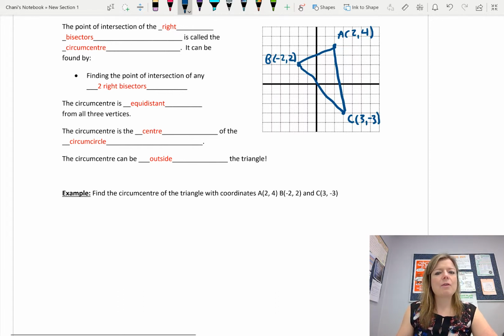Okay, so now we basically need to find the point of intersection between two perpendicular bisectors. So therefore we need the equations